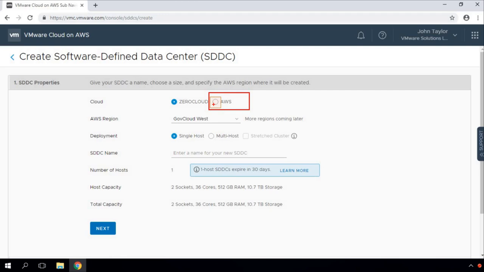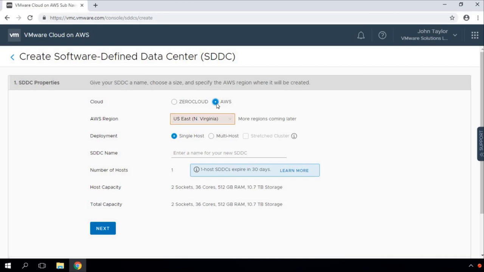It has very strict security and compliance requirements. So in general, if we do not belong to any government authorities or government compliance, then we have to choose AWS as the cloud type.